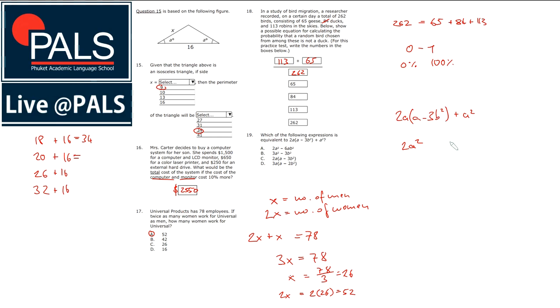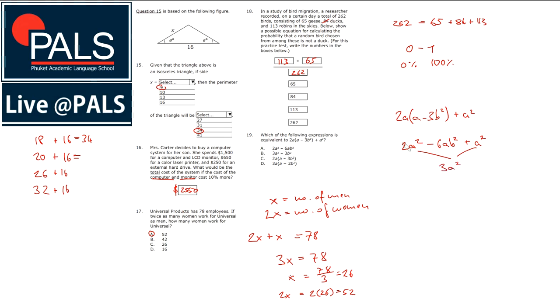2a times minus 3b squared is minus 6ab squared, and then we have solved the brackets, we've expanded the brackets, plus a squared, and we can see that here we have like terms, 2a squared plus a squared is a total of